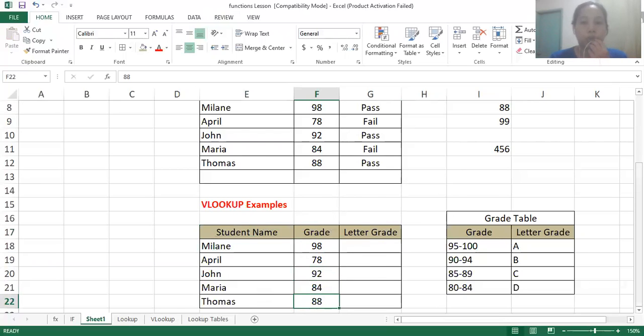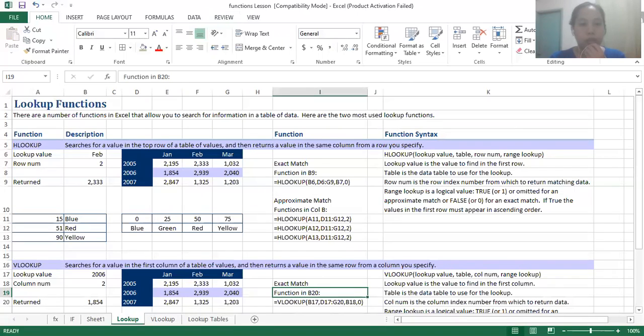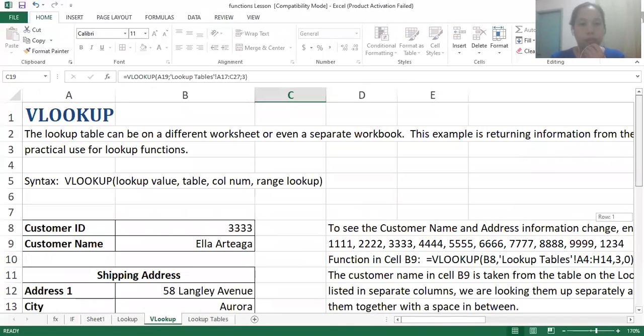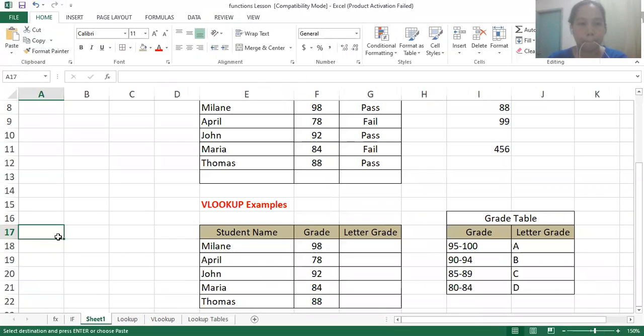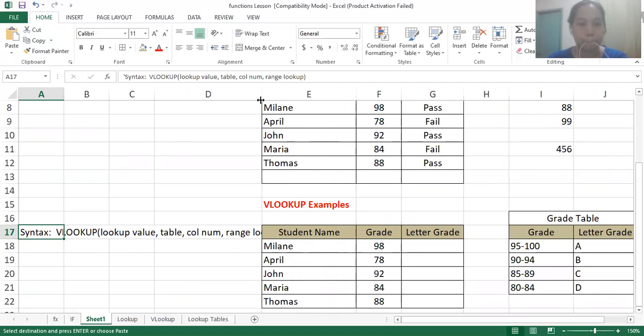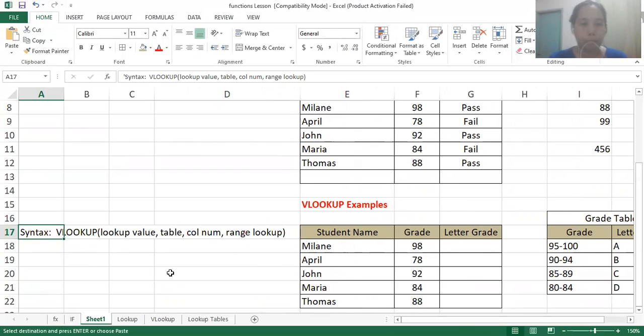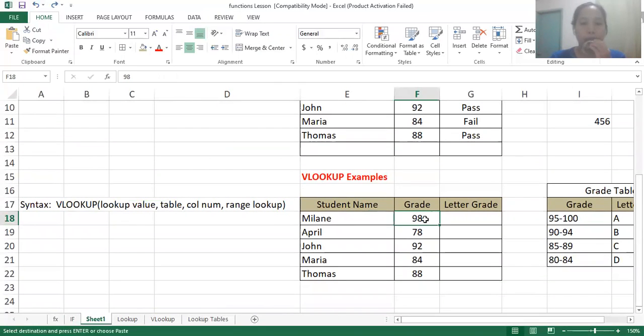In VLOOKUP, we have to look for four values. First is the lookup value. So in this example, we're going to look up the value for 98.